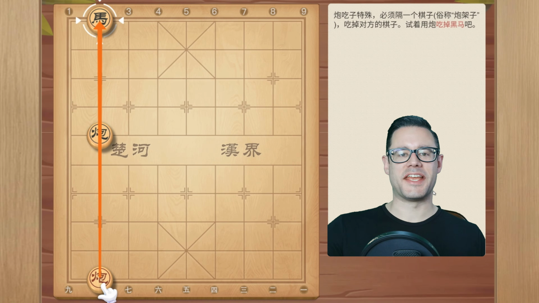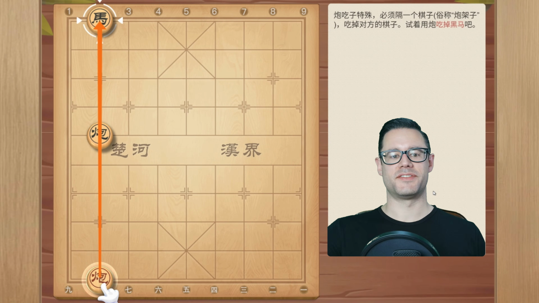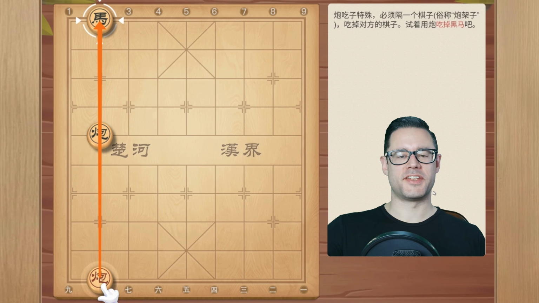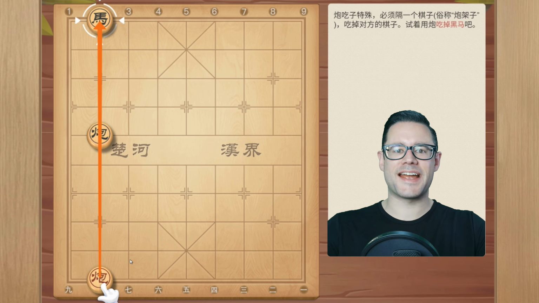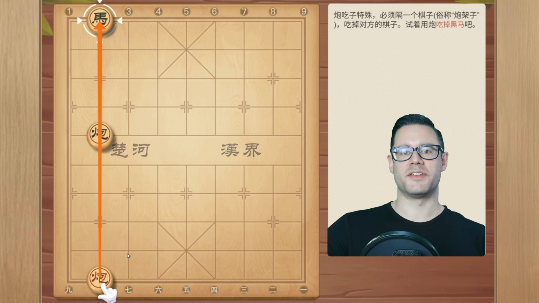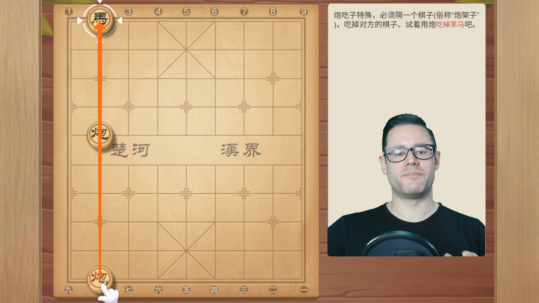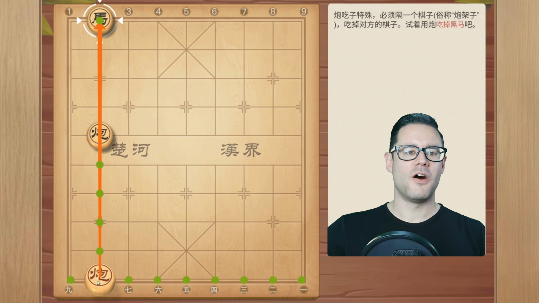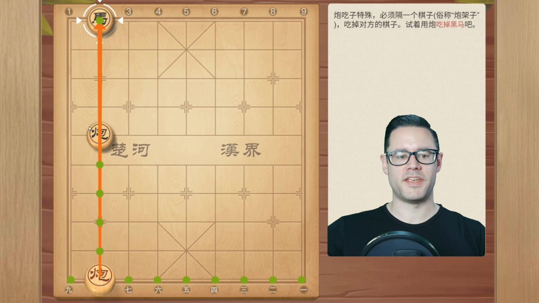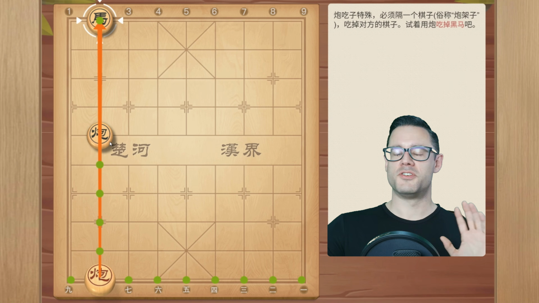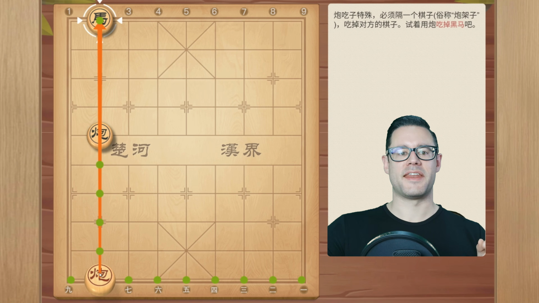Now, as I promised, the cannon has a special capture mechanism, and this makes for a very interesting dynamic in the game. The cannon can capture by jumping over another piece, and it captures by jumping over exactly one piece. So if there's two pieces in the way, the cannon cannot jump over it. And the cannon can jump as far as it wants all the way across the board. So in this case, our cannon can jump all the way to the other side of the board because there's one piece in the way. It doesn't matter if it's your piece or the opponent's piece that's in the way, just one piece will do the trick, and the cannon can jump over and attack another piece on the other side.